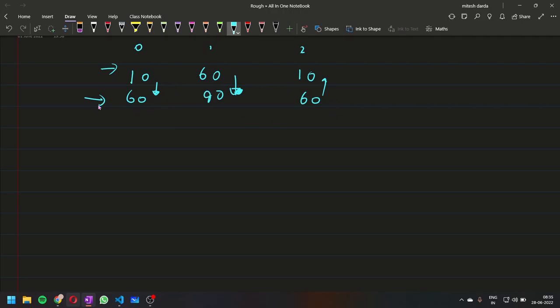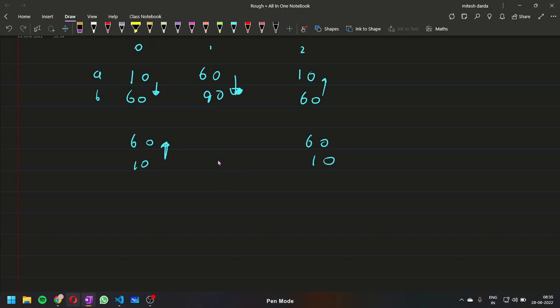Currently I am keeping this array above and this array below. But if we have done something like this, 60 90 60 and 10 60 10. Wait, I've made a mistake.